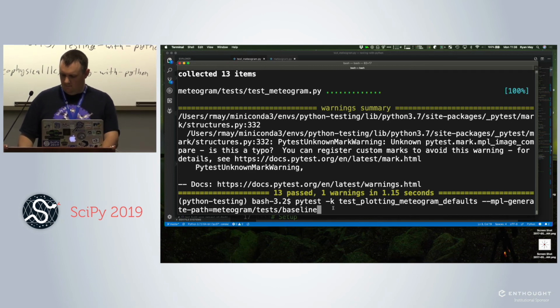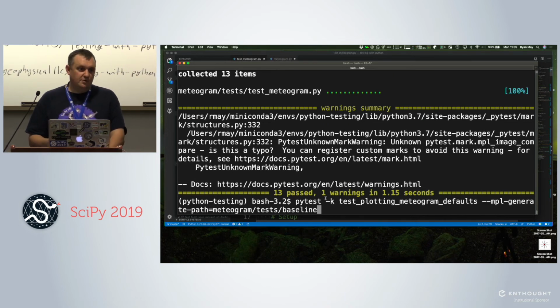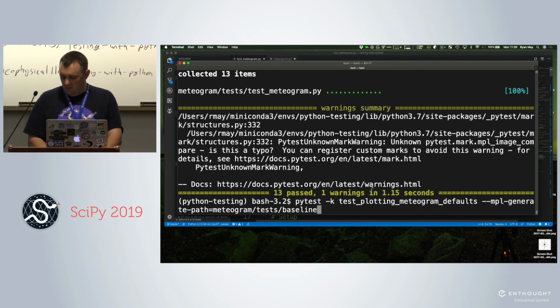All right. So, fixtures are kind of related to mocks in some ways. It's another way that we can help get some things set up in testing, and we'll use it in this case to try and avoid downloading some data.